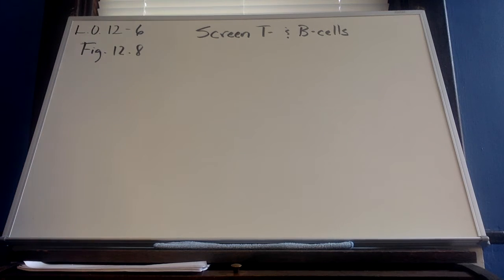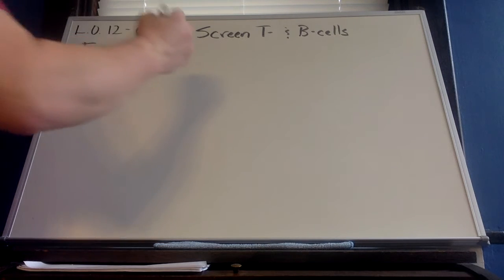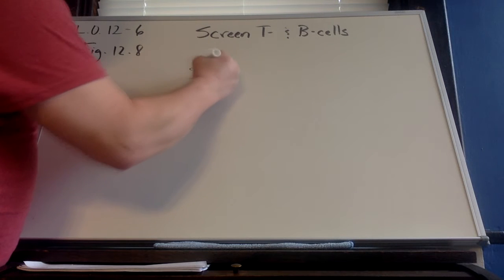All right, the last part of this chapter is about how we train or screen our T and B cells. So we talked about the different places that our T and B cells mature. When they mature, this is when they get screened. Basically, to mature means that we have to make sure that T and B cells are